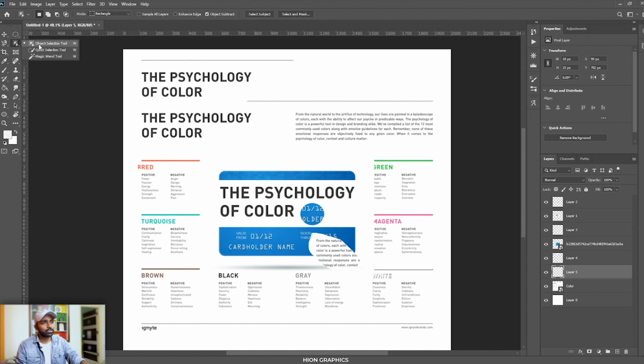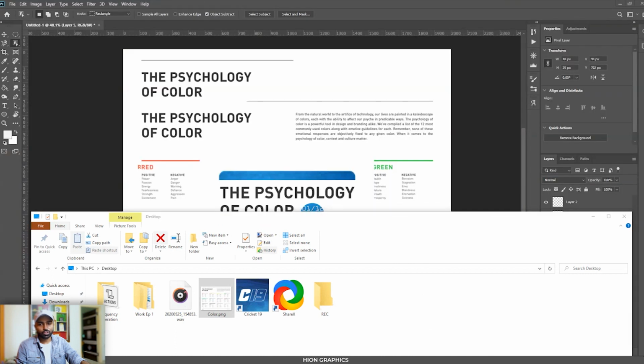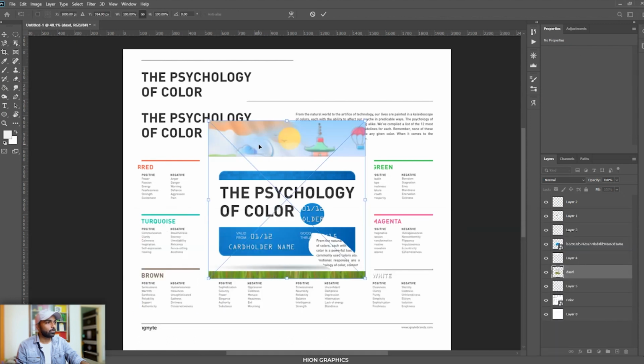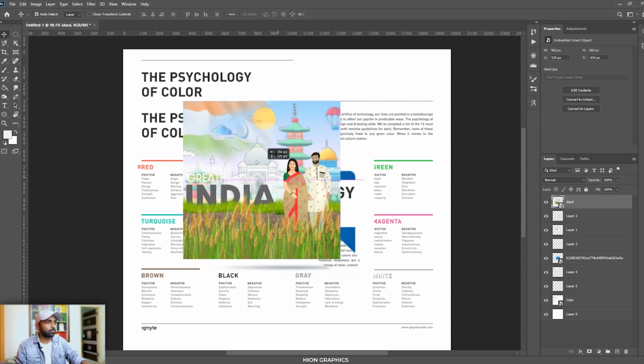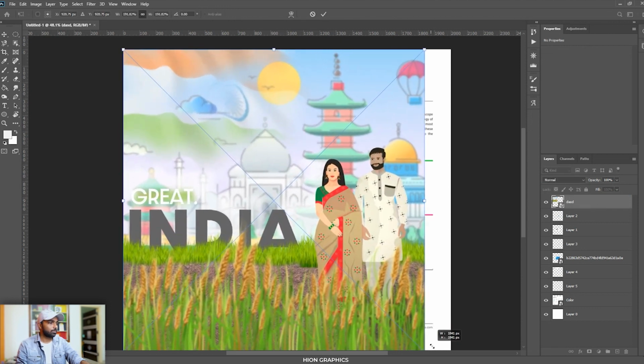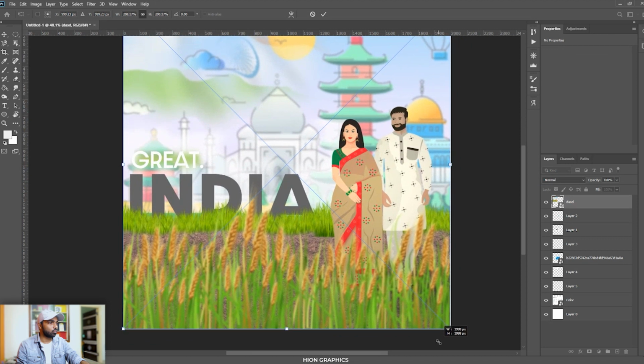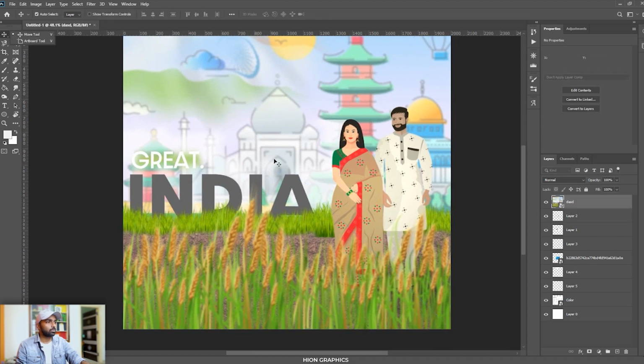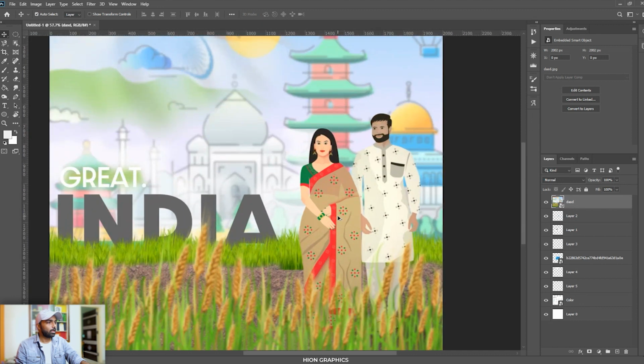And next is the object selection tool, and for this tool what I will do right now is bring in some image of maybe myself only, or okay, let me get something really amazing. Here is one of my creations from the previous things, and you see that I will just place it and transform it into a bigger image. Maybe this is the one that I keep. Okay, so this is my image, and you see this image here.